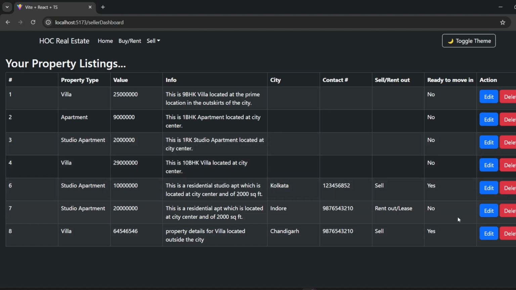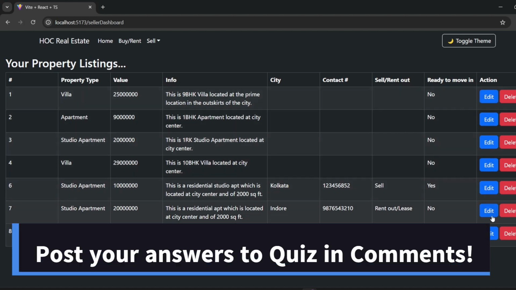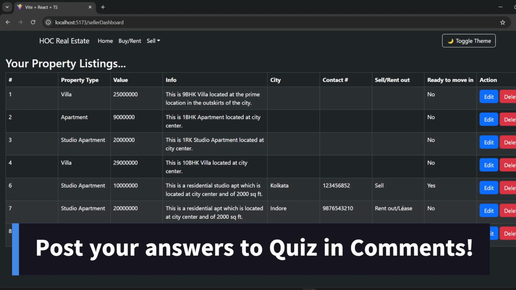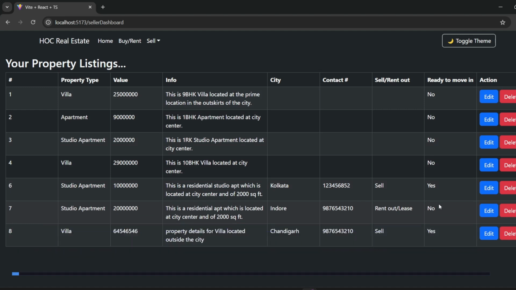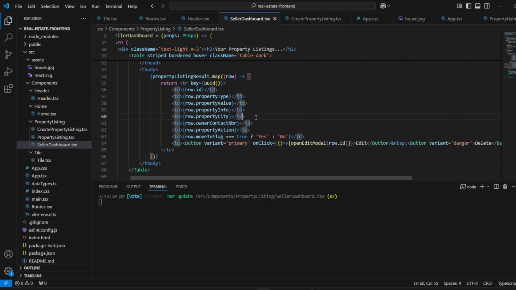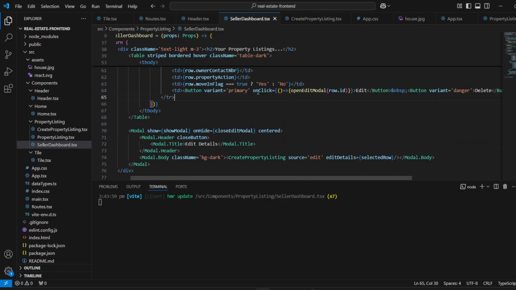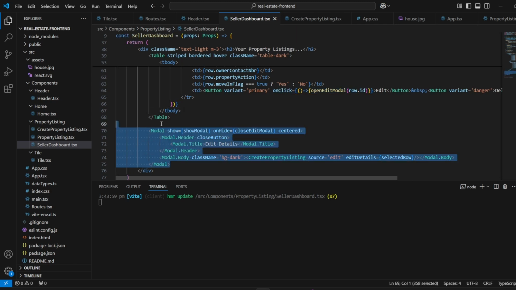So this is how we are seeing the two buttons on the screen for each of the record. For each of the row, we have two buttons. One is to edit the record and one is to delete the record. So let's implement the delete functionality. Now, when I was clicking on edit button, I was opening this edit model. So let's create another model,